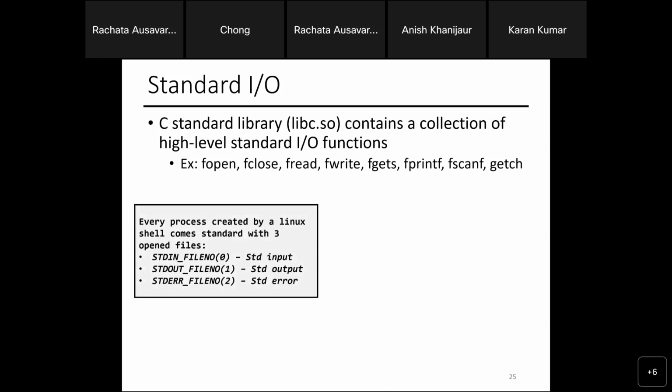All right. Now, every process that you create inside Linux, right? You might have realized that you have the standard input. What is standard input? Oh, the interface that you type in, like things from your keyboard, you type and hit enter, those will go through as a standard input.